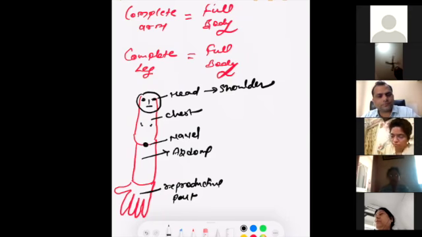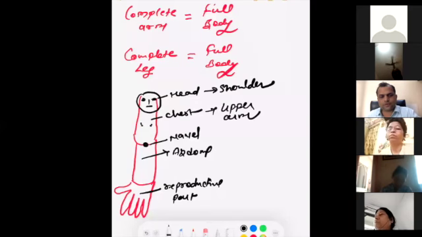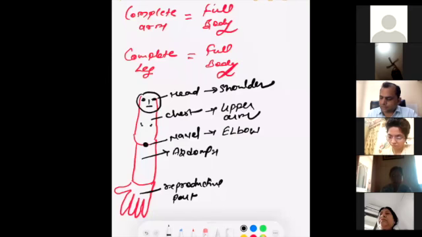Then problem of the heart can be treated by this upper arm part, and we can balance the navel via the elbow region, and we can treat the abdominal problem like gas, acidity, indigestion, the problem of the stomach, the problem of the spleen, and all organs available in the abdominal cavity. We can treat with the lower arm,